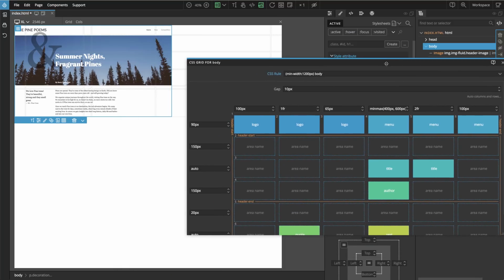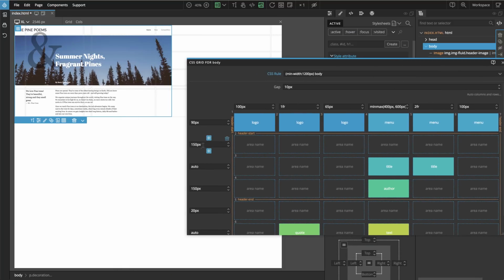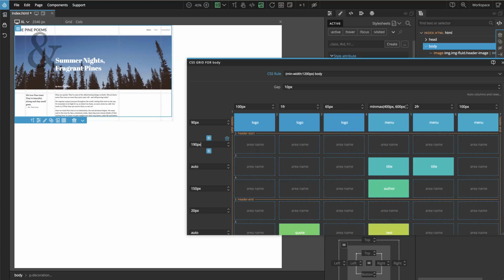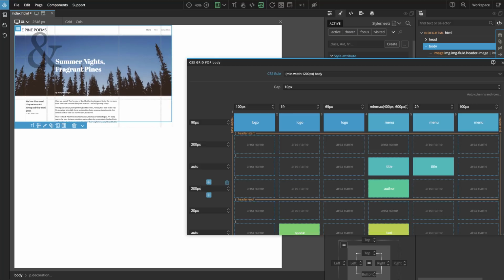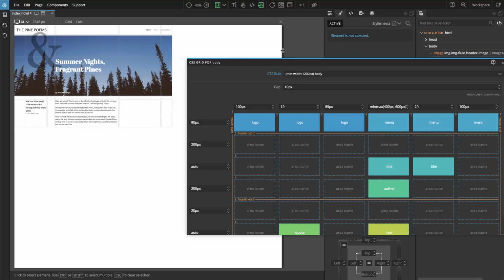And then we can also increase the spacing on the top of the image, 200, and we do it also down here to have the same. Okay, let's make it